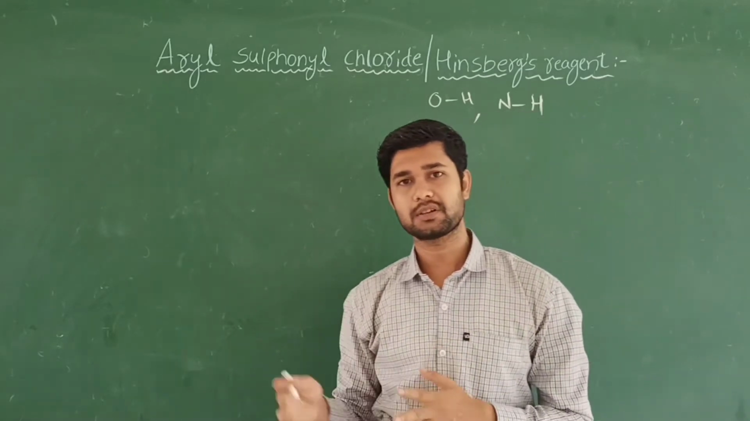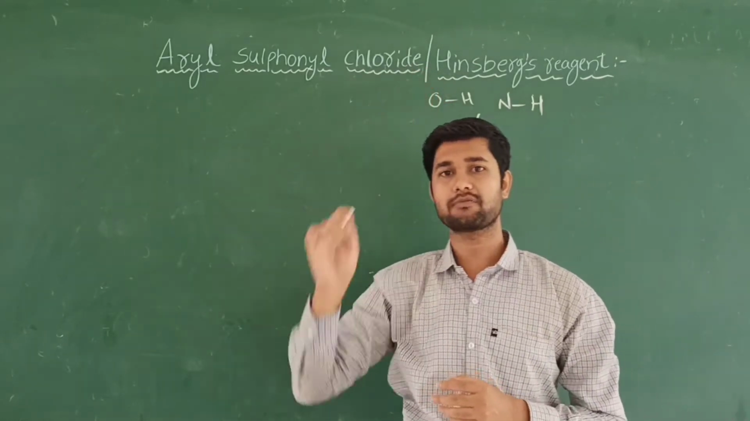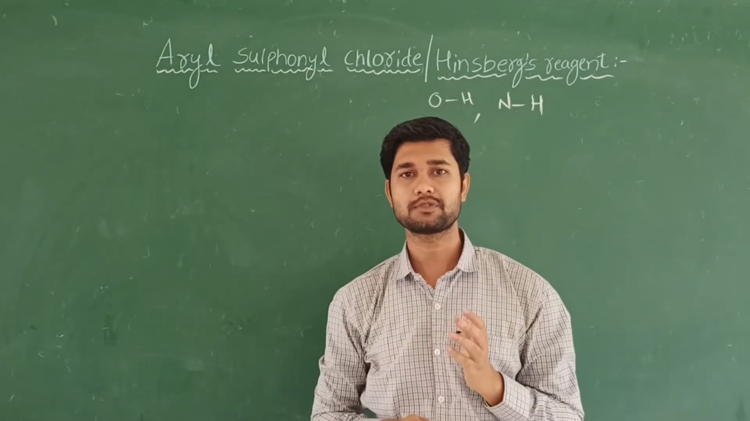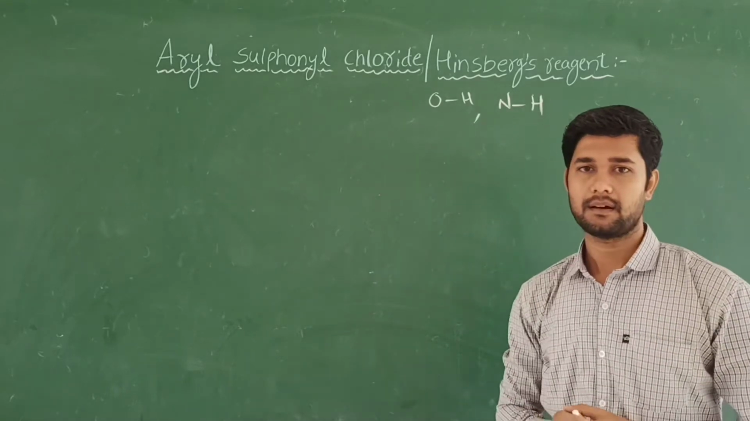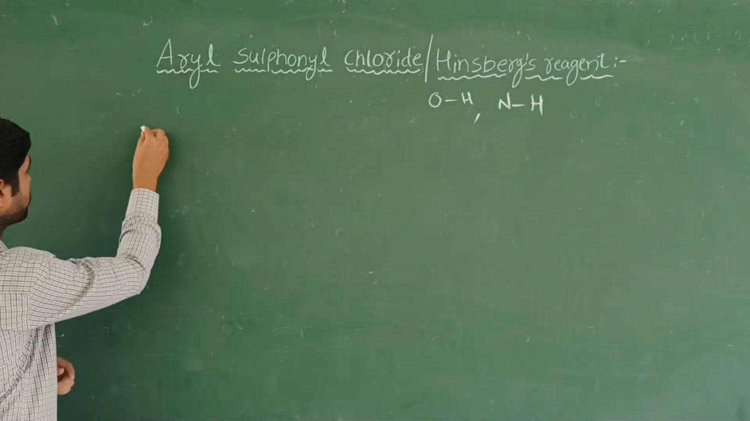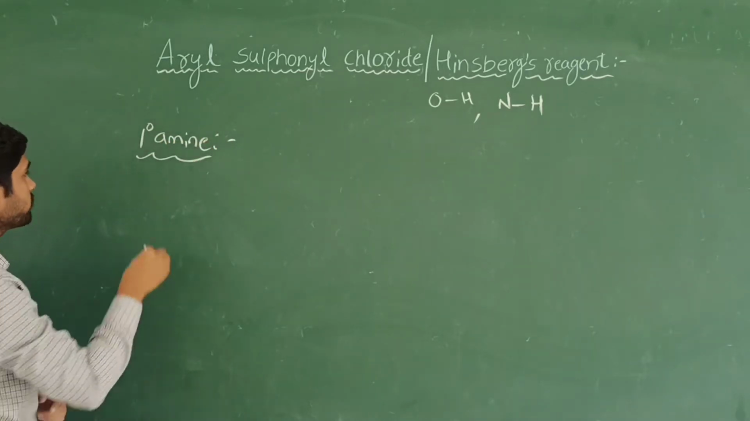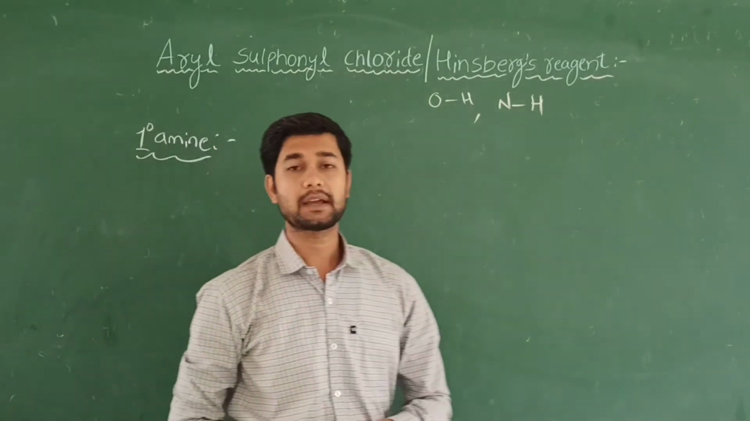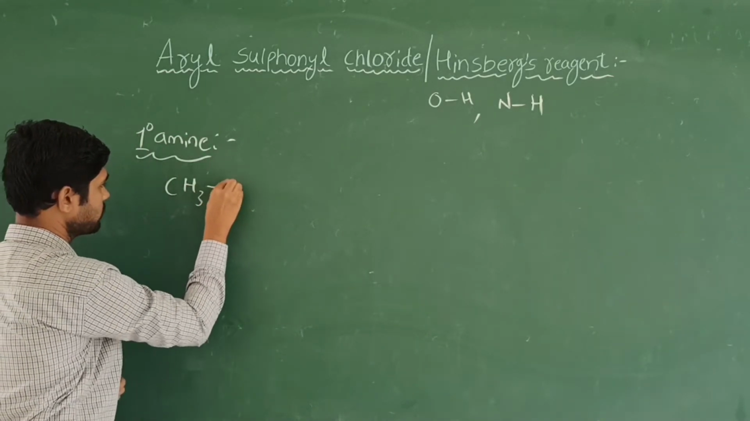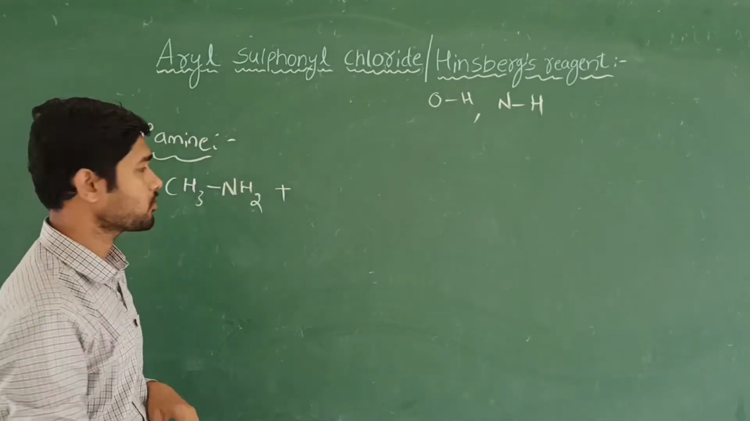This reaction involves displacement of the chloride ion and formation of sulfonamides. The reaction is based on SN1 nucleophilic substitution. So let's see how the reaction takes place with a primary amine. First I take a primary amine, methylamine, CH3NH2, which is going to react with benzenesulfonyl chloride, or aryl, C6H5